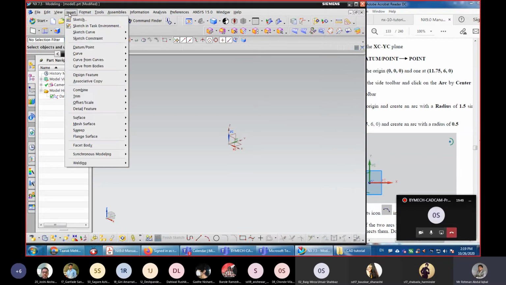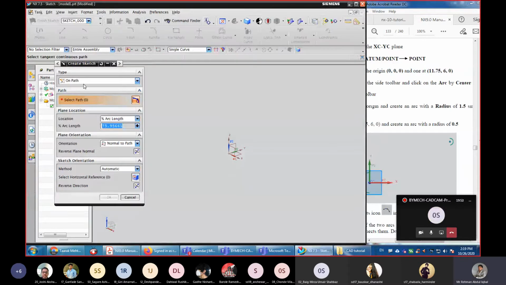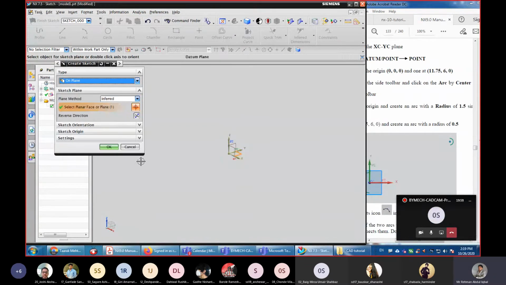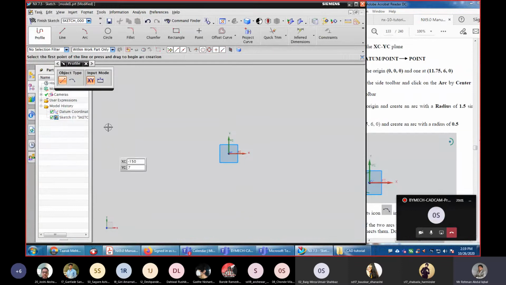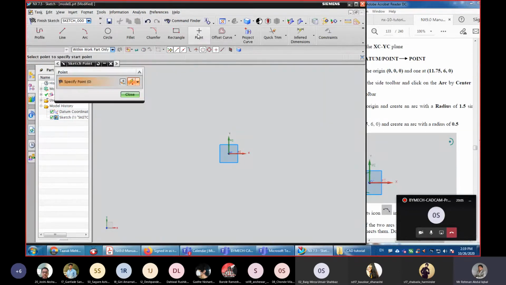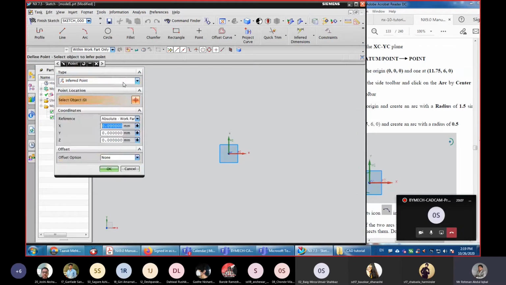So just go to insert, sketch in task environment, and just select the plane, this XY plane, click OK, and go to the point dialog box here. Now the first point is at the origin 0, 0, 0, click OK.